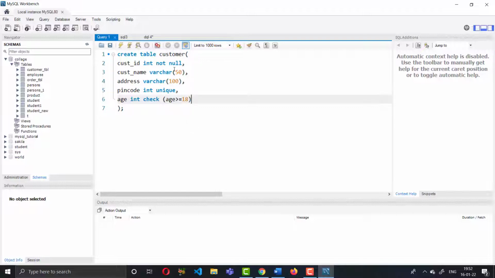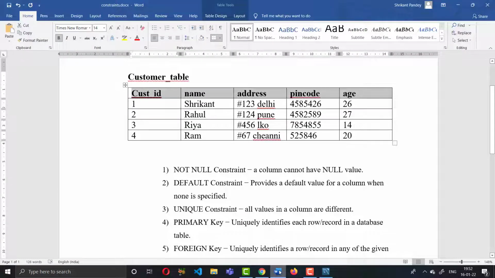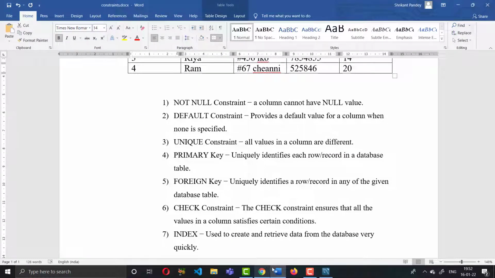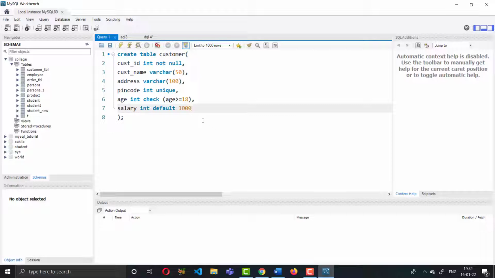Okay, so now we have not null, unique, check, and we have set salary, salary integer default 1000. So not null, default, unique, and check constraints are all used. So all the constraints we have used here.